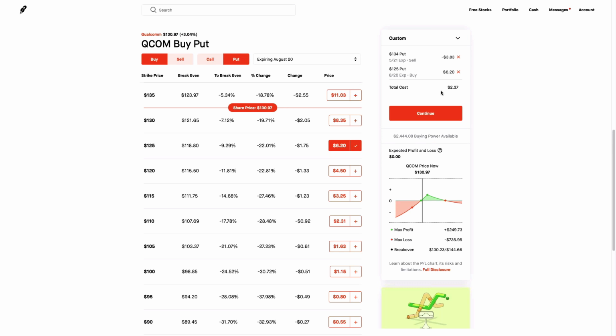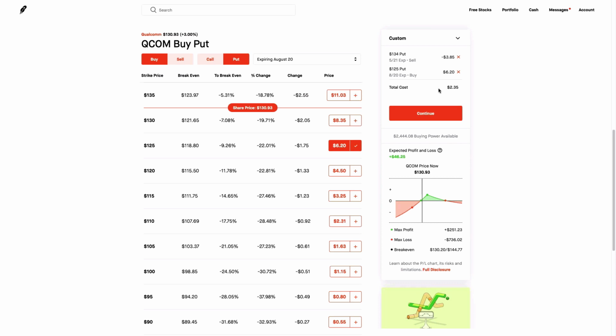So we are now buying the $6.20, and we're bringing in the $3.80 that you can see the price is adjusting in real time up there. And what that means is more money is going out than coming in. So initially this is going to be a debit to our account, which is common. That's how any money press is going to look when you first start it up. So that total cost is